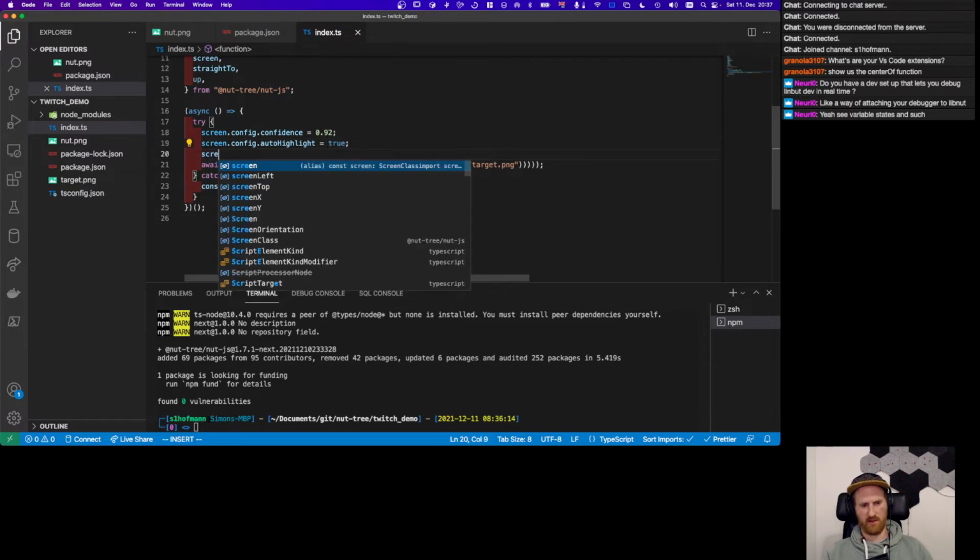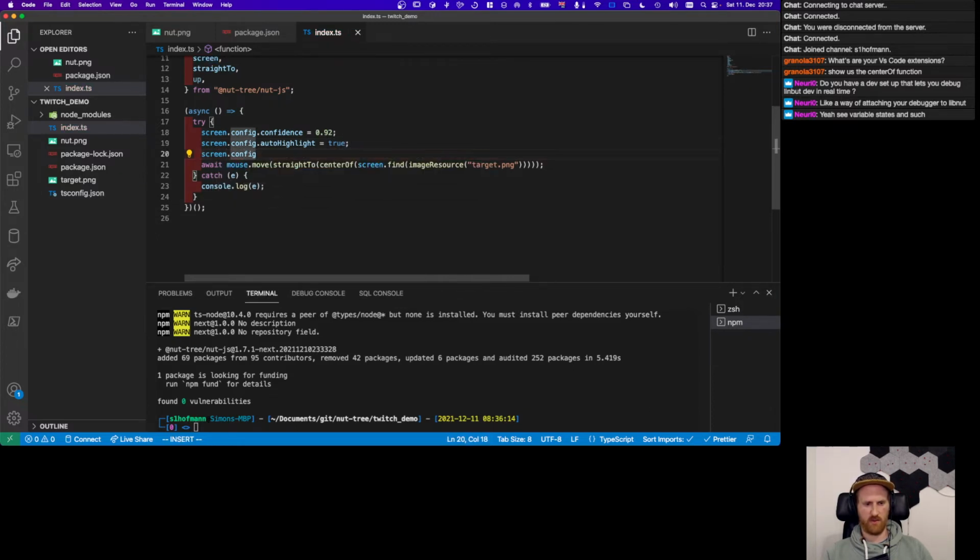So our screen has a config property called resource directory, and this resource directory defaults to your current working directory. But it is also possible to configure any folder you like. And all the file names you specify via this image resource are loaded relative to this resource directory. That's also how this target.png ends up being located in